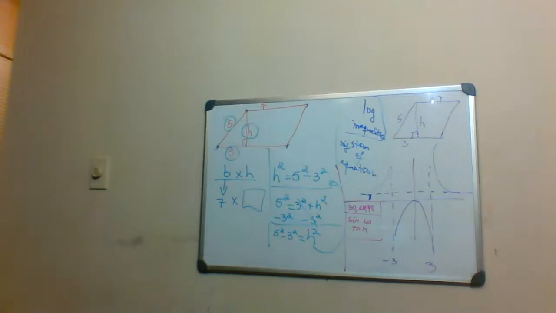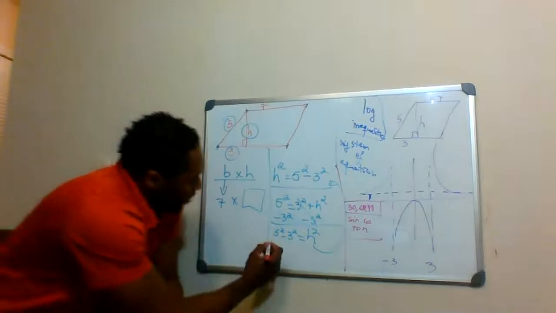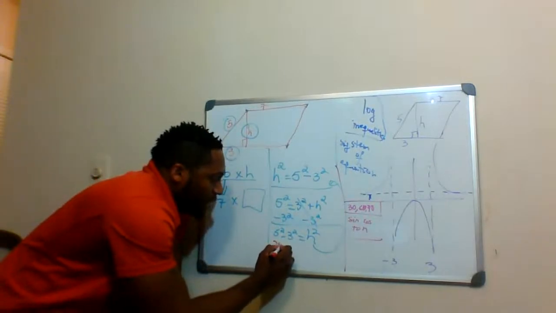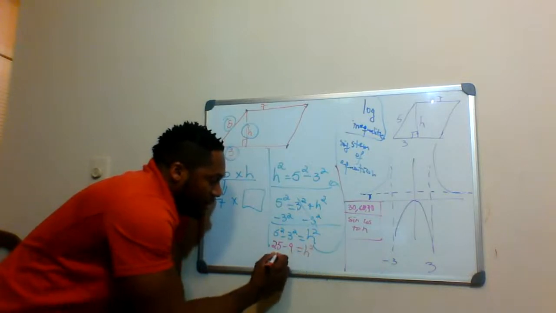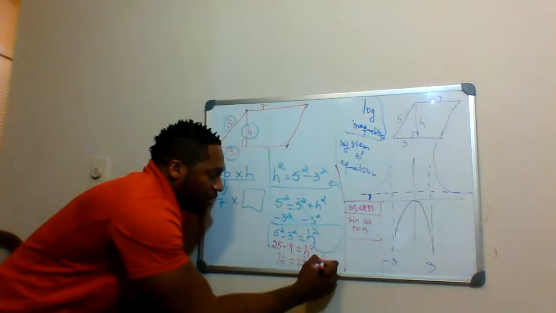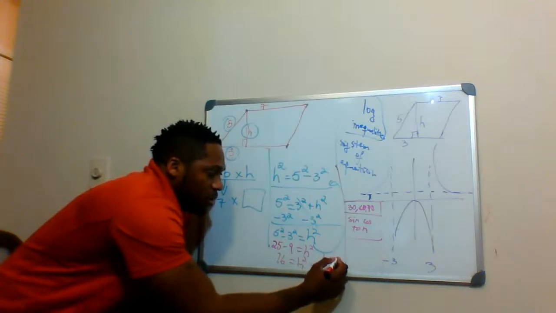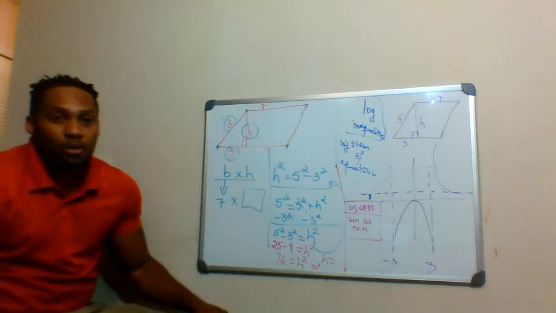So that's what the volume of H is. So what we have here is 25 minus 3 squared, which is 9, equal to H squared. So that means 16 is equal to H squared, which implies that H is equal to 4. We could say plus or minus 4, but you also know that